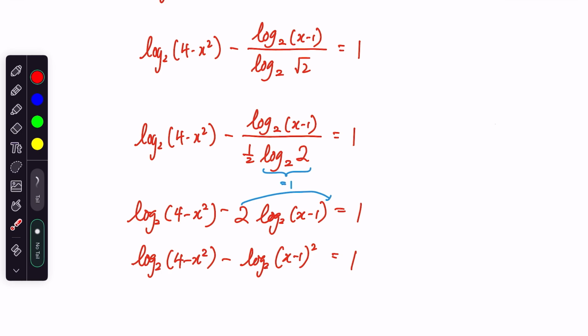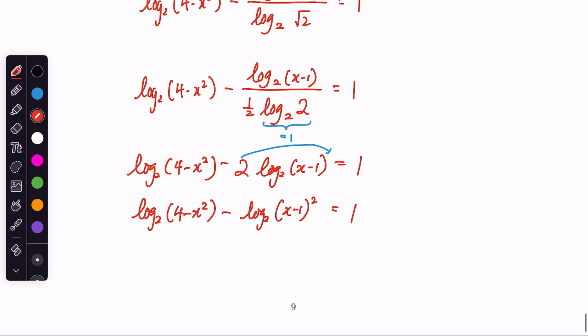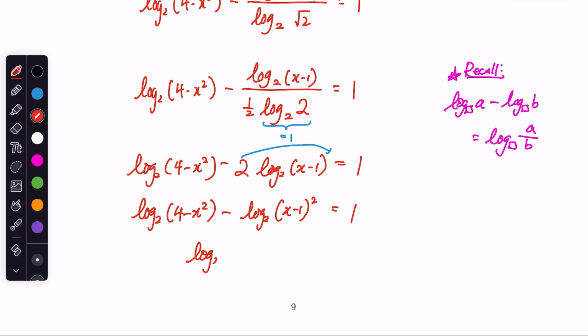Okay, so let's recall at the side. Whenever we have log base anything minus log base anything, so a minus b, I will get logarithm, same base, first guy over second guy. So let's do that. I have log base 2 of 4 minus x squared over x minus 1 squared equals to